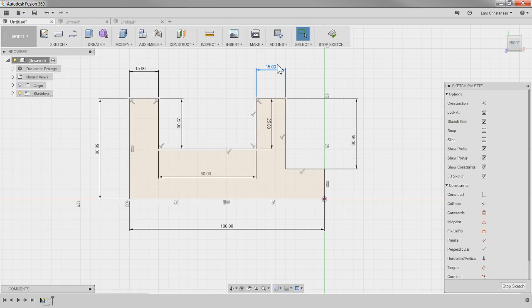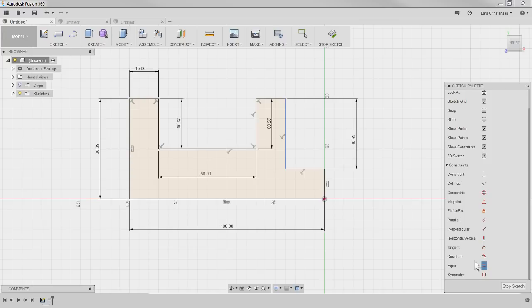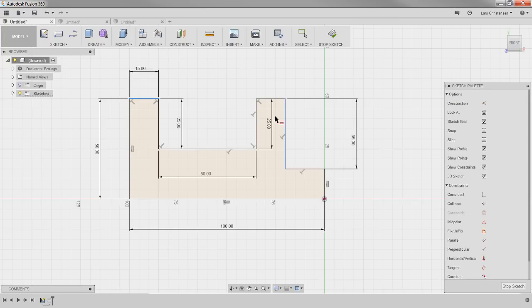So if we could delete this 15, and we could say instead we're going to use an equal constraint and say this line and this line are equal, right? And the same thing with the 25. If you're looking at the height of here, if I delete this 25, now this could be tall, and I could say that I want this line and this line to be collinear, and I will have eliminated 2